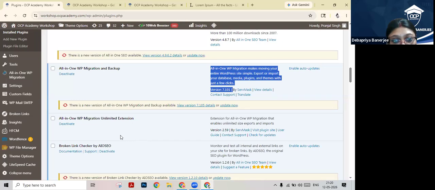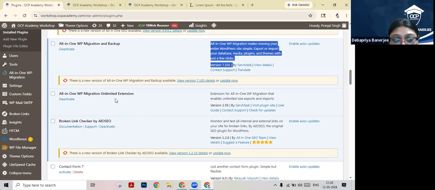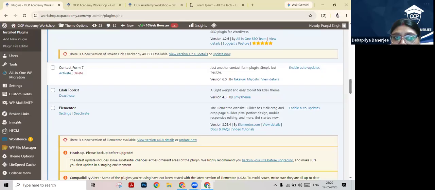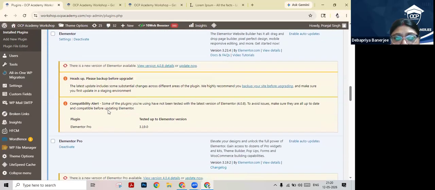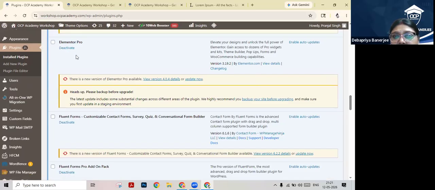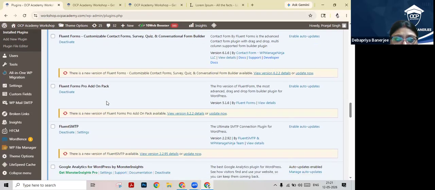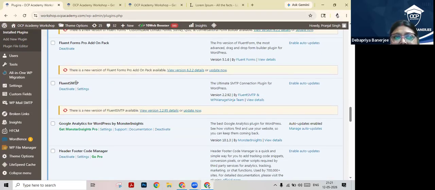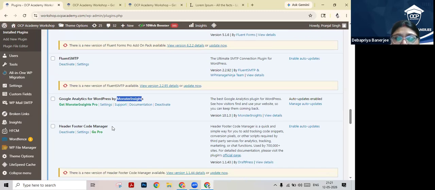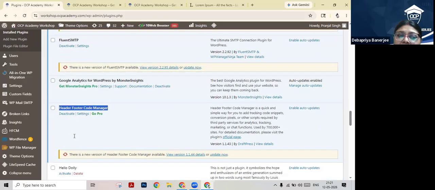Okay. This is another extension, and Broken Link Checker. This is also one of the good ones. So if there's some broken link, it can be checked from here. There's a contact form. There's Elementor and Elementor Pro, but this is a paid one, as far as I know. Okay. This is a file transfer. This is a Simple Mail Transfer Protocol, for mails. Google Analytics by WordPress, this is MonsterInsights, is installed here. Another very interesting thing installed is the header and the footer.